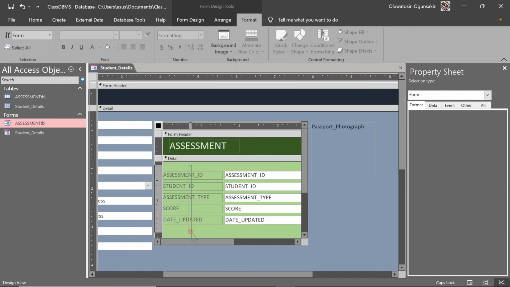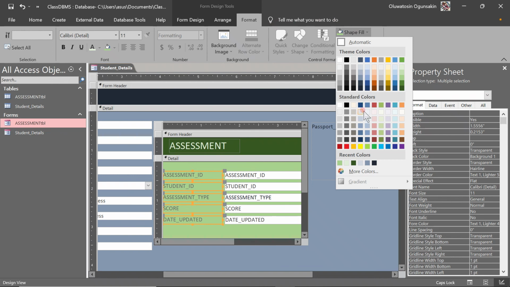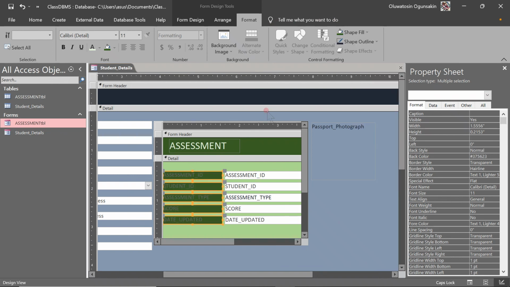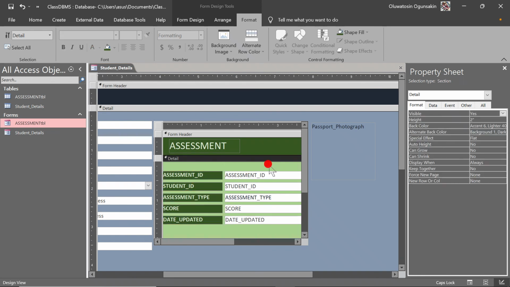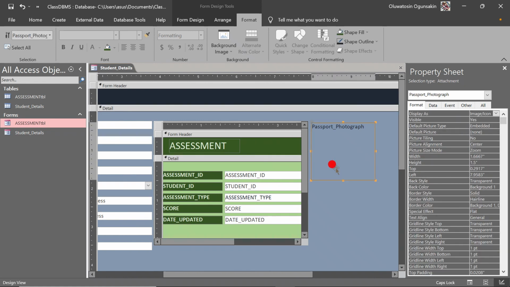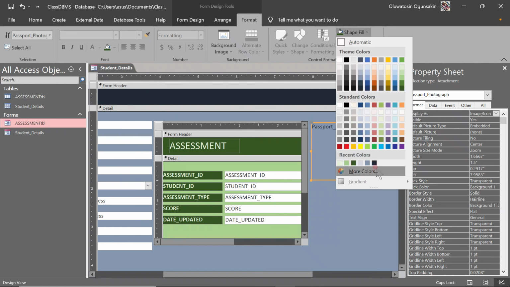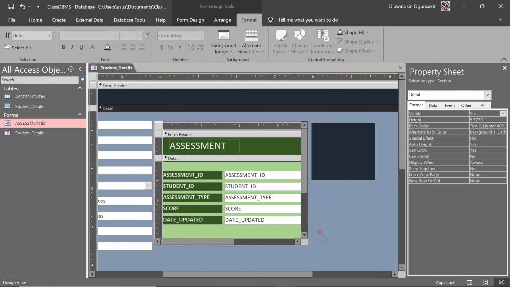All right, for the label, I'll select the deep green, and for this, Ctrl B to make it bold. Yeah, I think that's okay. For the passport, I'll select the deep blue. All right,